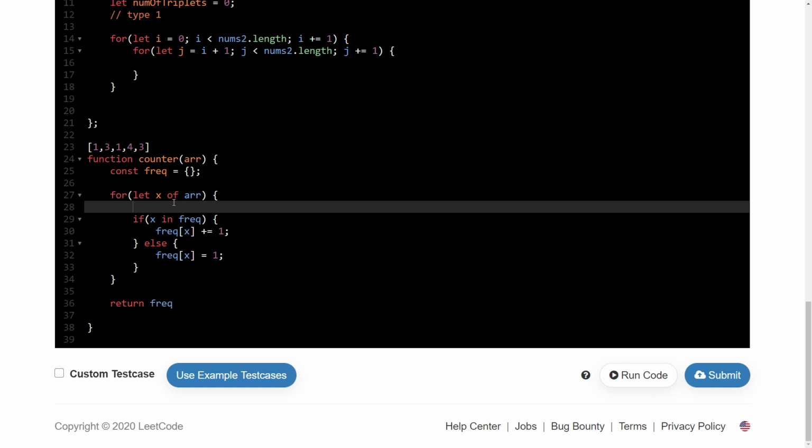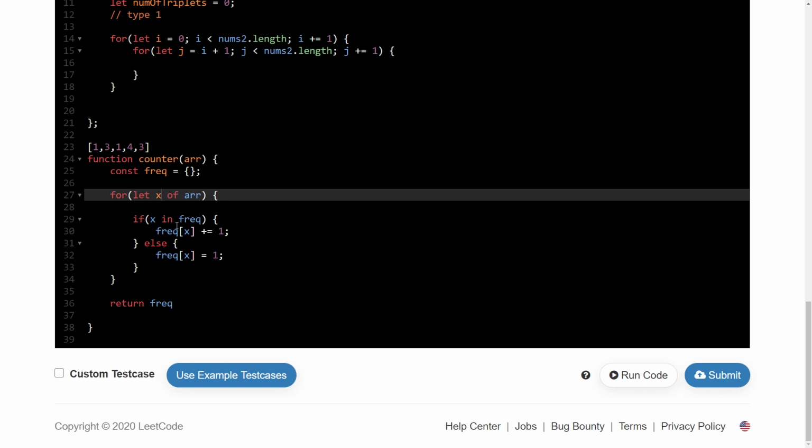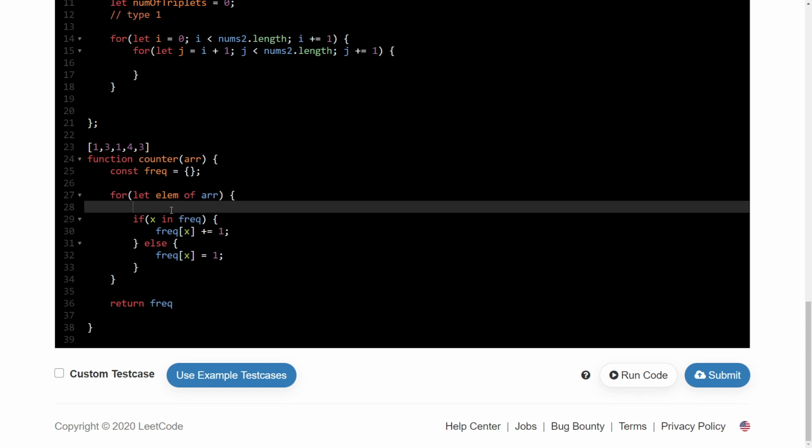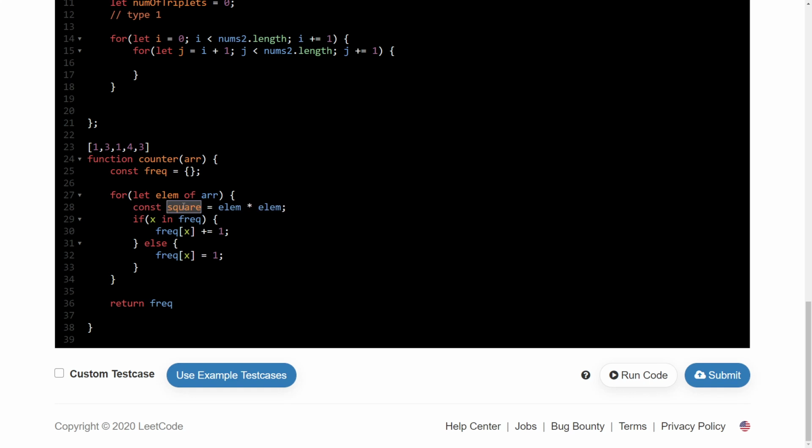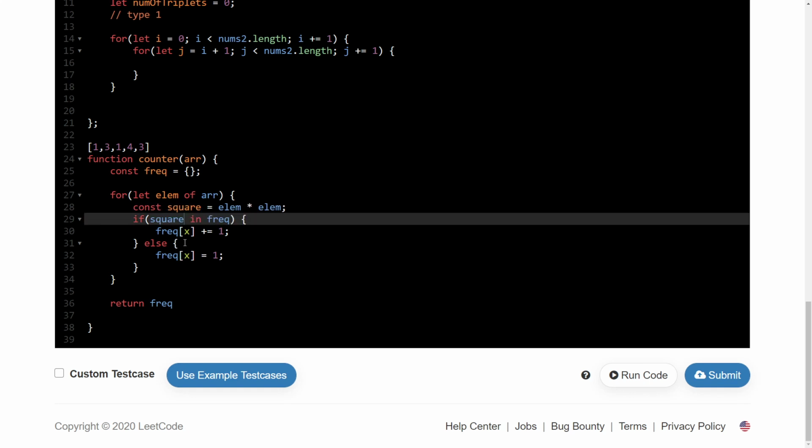So instead of putting x, we will say const square is equal to element times element, and we actually put the square in the frequency array.